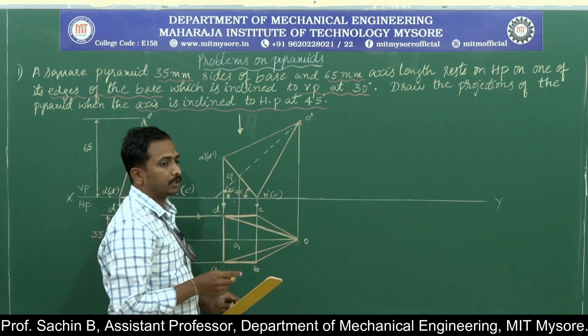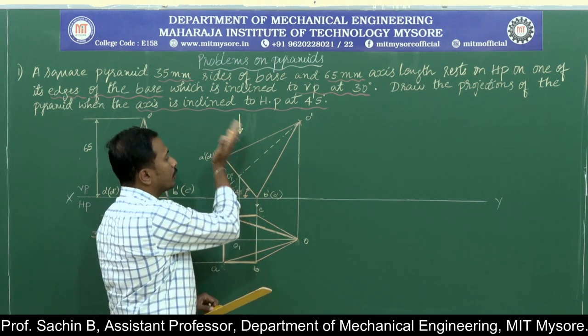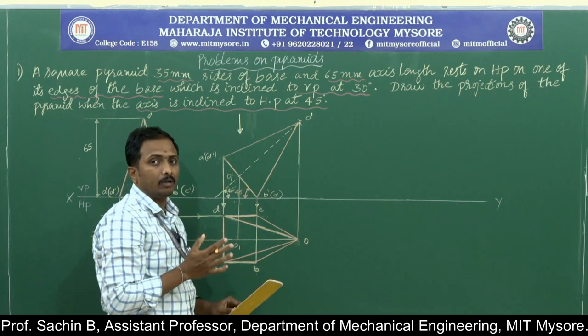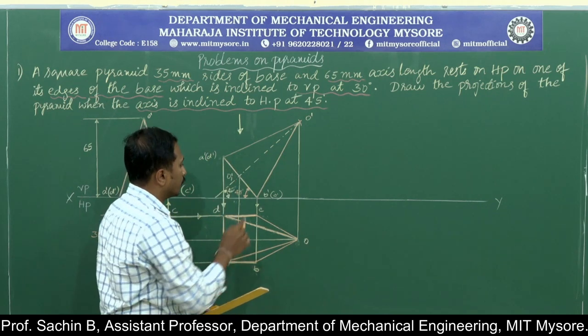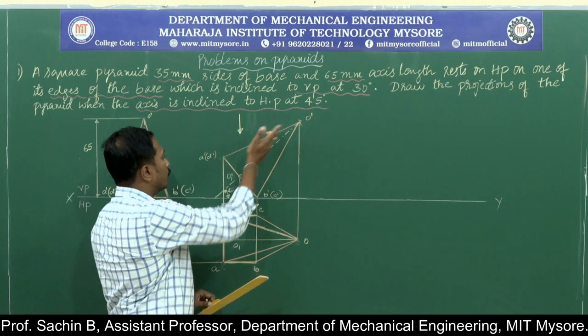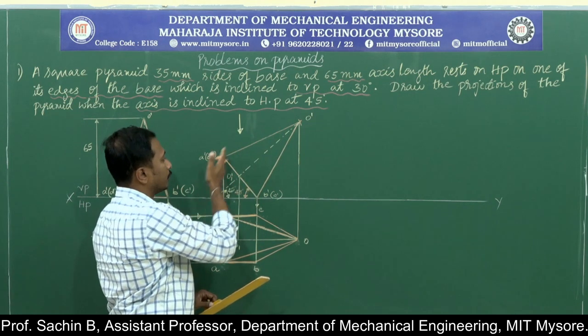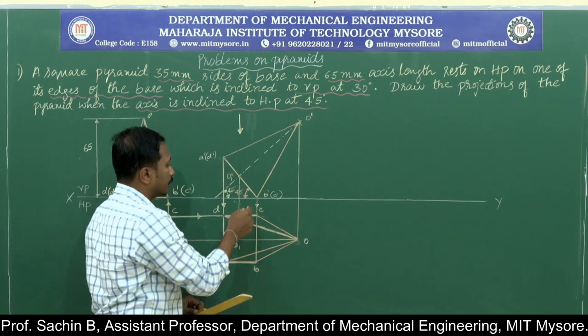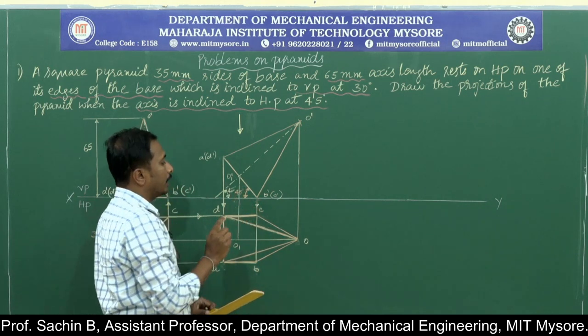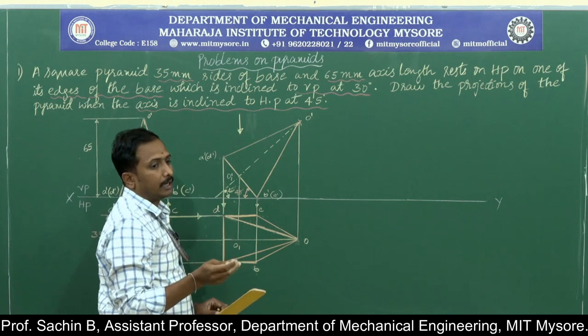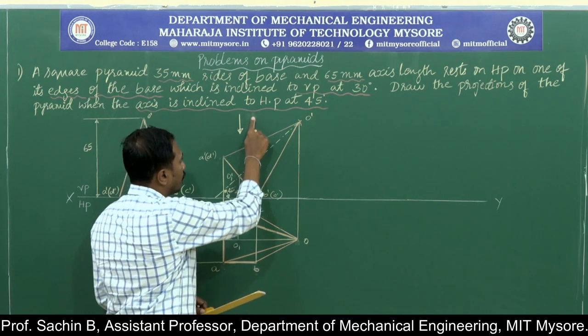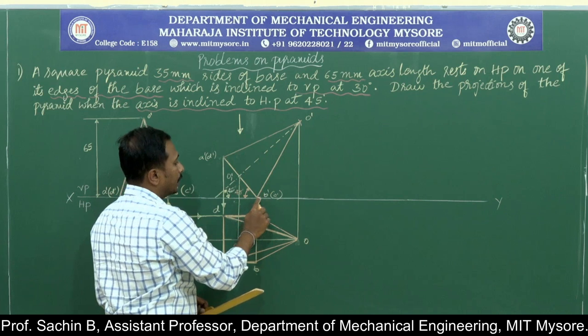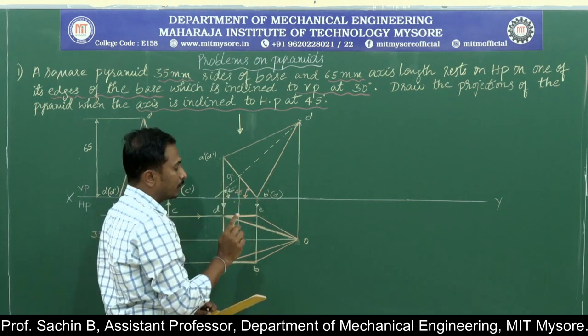And one more condition is there, that is the edges above the axis are clearly visible while writing the top view. Above the axis means again only the two slant edges, that is O dash to A dash and O dash to D dash, which are clearly visible. And the one invisible edge, that is nothing but the resting edge, is invisible, because if I view the object from this side, this B dash to C dash is invisible for me.